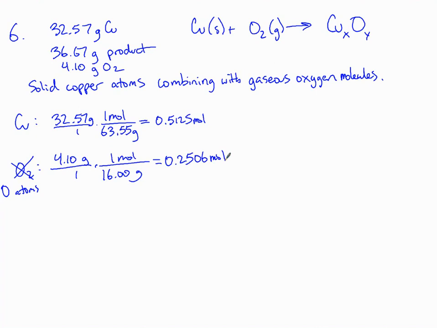We're just going to compare them. Remember what we did last year or 2 years ago? Divide by the smallest one. So we end up with 1 on the oxygen. We end up with 2 for the copper. So the empirical formula of this, Cu2,